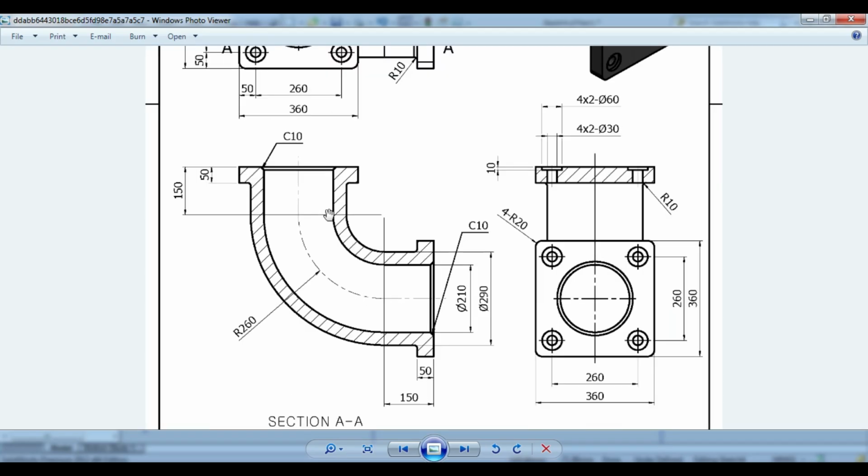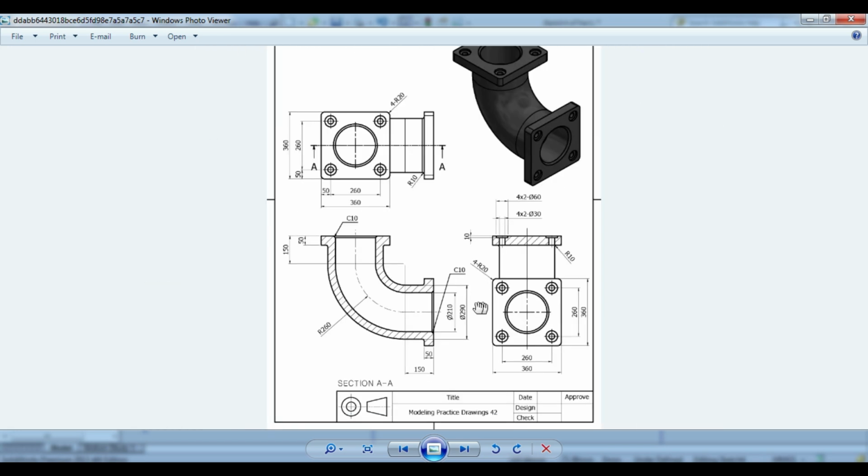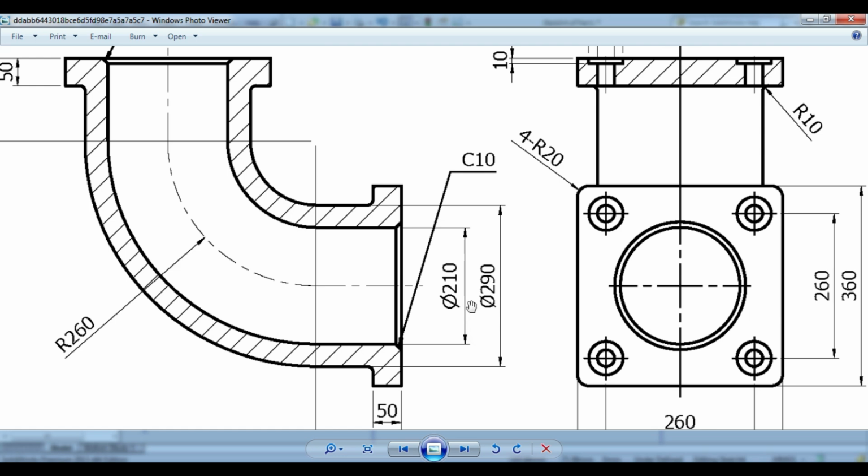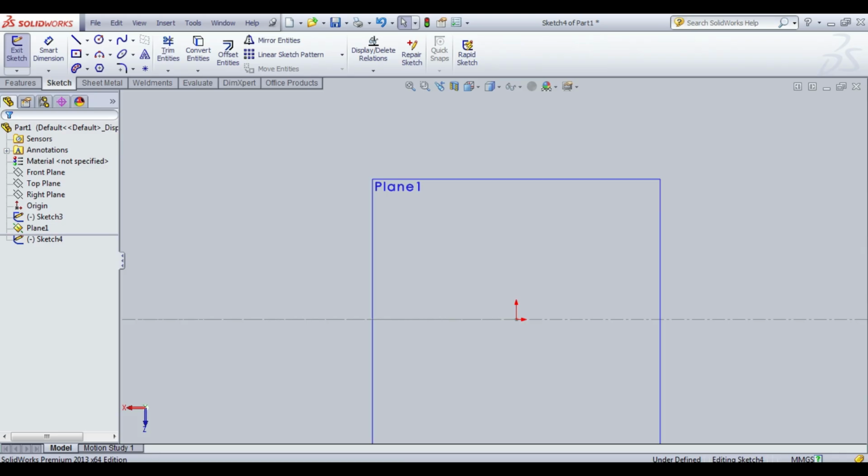First, we draw the outer diameter of the pipe. Okay, outer diameter of the pipe dimension is dia 290. You draw the 290 circle in this center point.